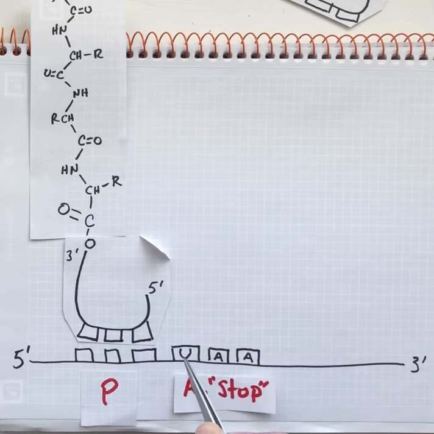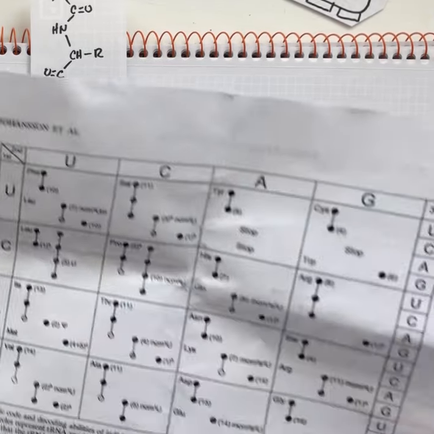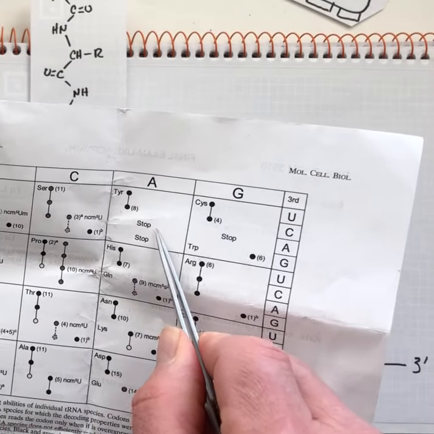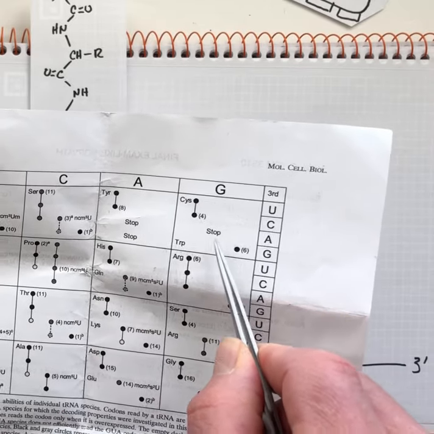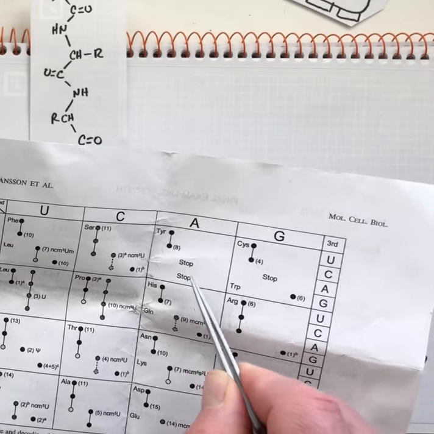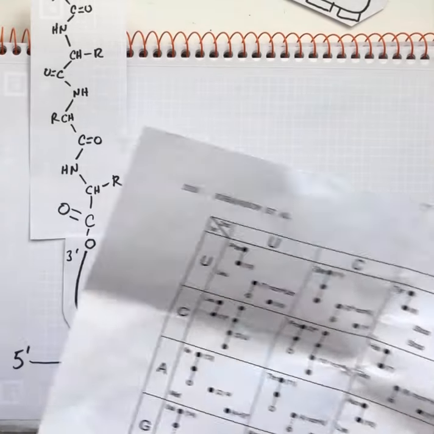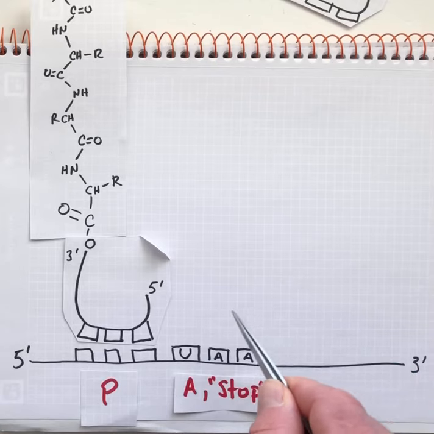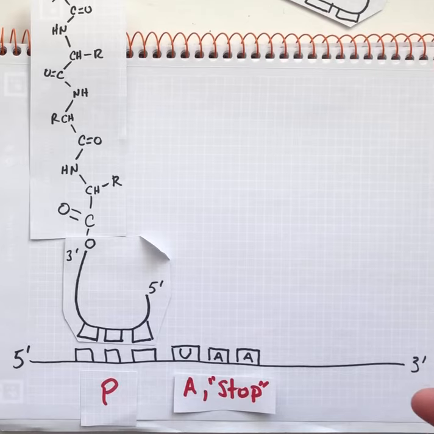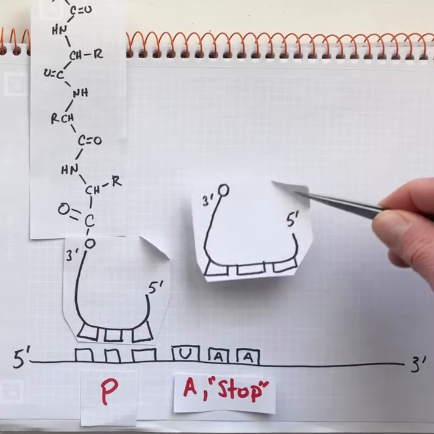UAA. It could have been UAA or UAG or UGA. Any one of those three codons should be interpreted not with an aminoacyl tRNA, but with something that will terminate protein synthesis. So if an aminoacyl tRNA comes into one of these